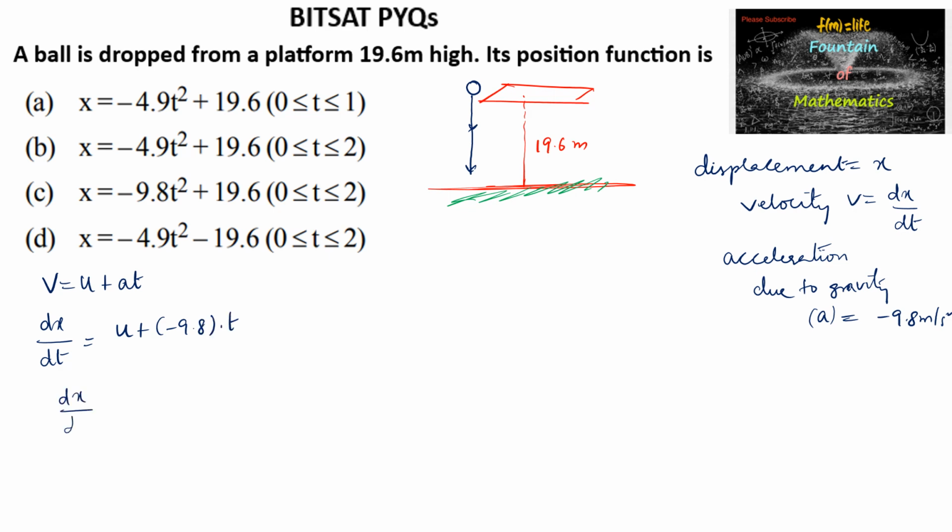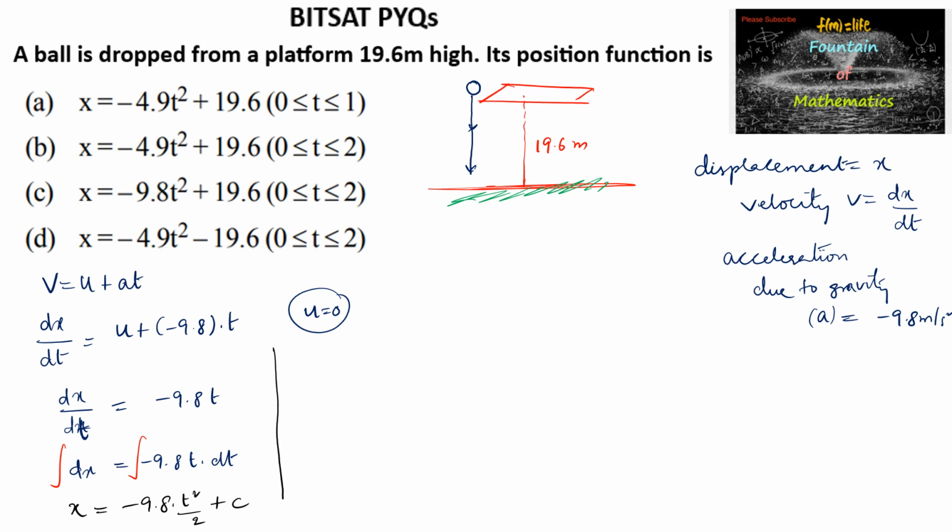So that is dx by dt. In the case of initial velocity 0, u is equal to 0. So we can write minus 9.8 t, or dx is equal to minus 9.8 t into dt. Now integrating on both the sides, we can write x is equal to minus 9.8 t square upon 2 plus some constant c, that is x is equal to minus 4.9 t square